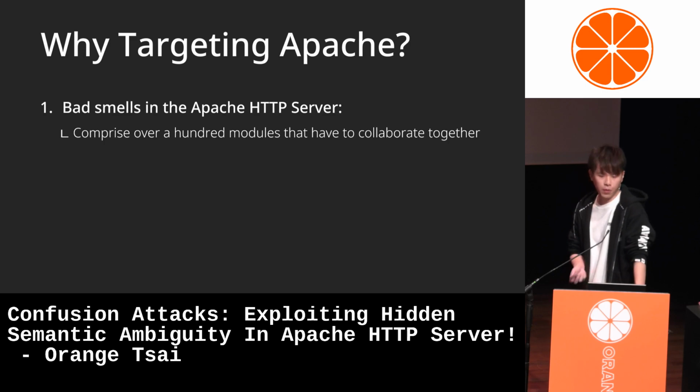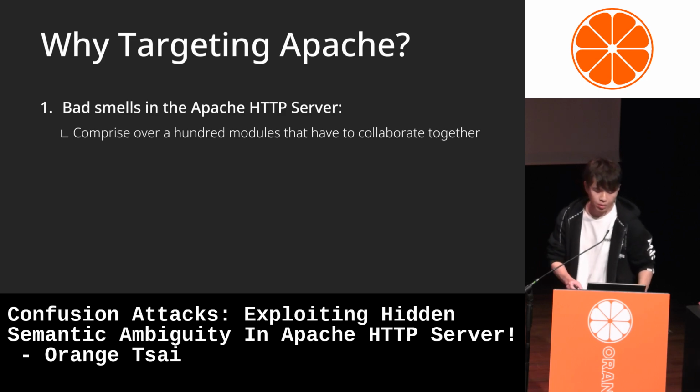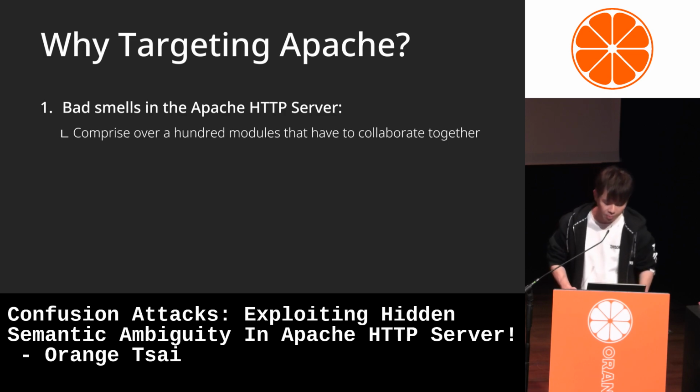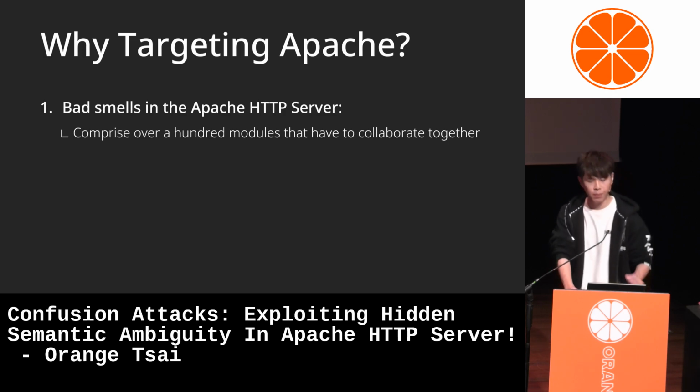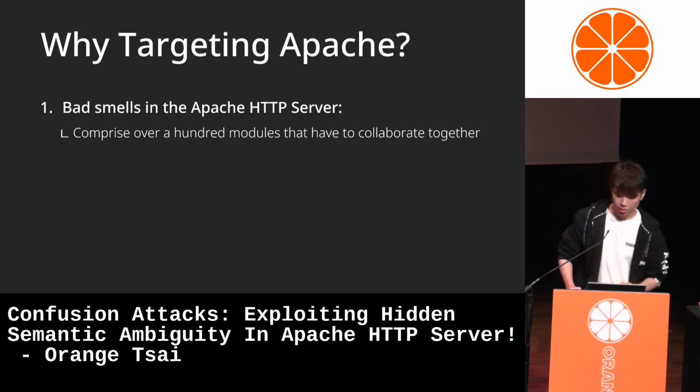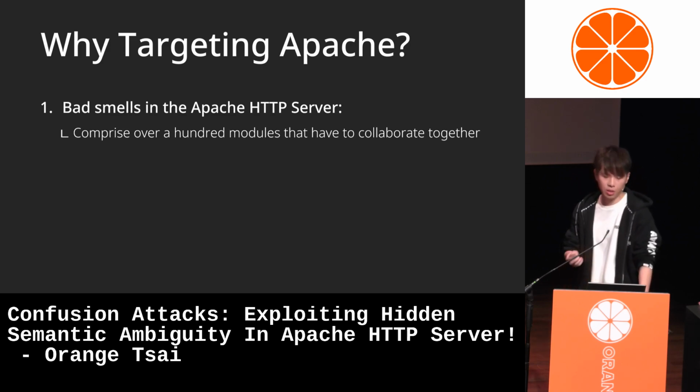So why do we focus on Apache? At the beginning of this year, I started to explore some open source projects with widespread internet impacts, such as Apache and Nginx. I have even delved into some RFCs to deepen my understanding. And upon a close review of the Apache source code, I smelled something bad in its coding style.